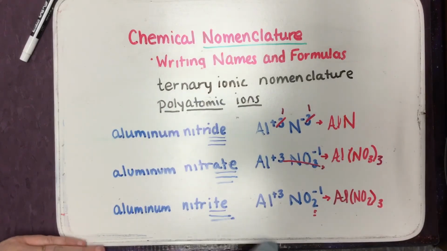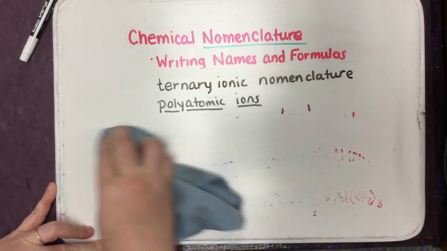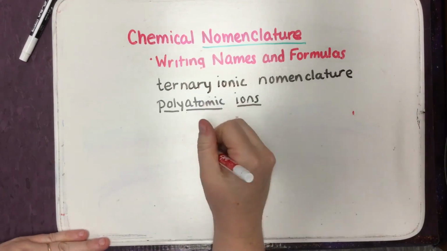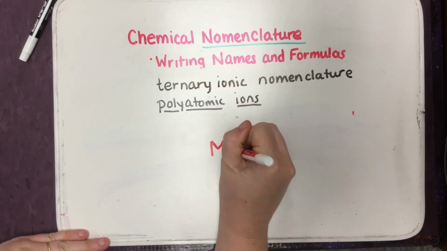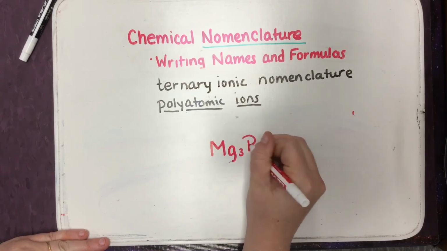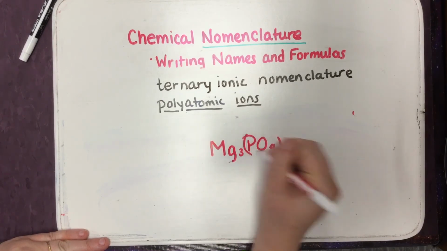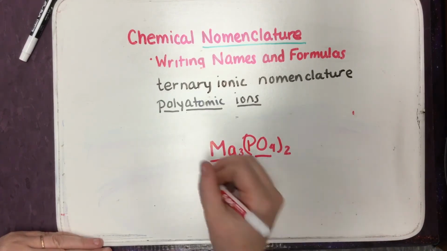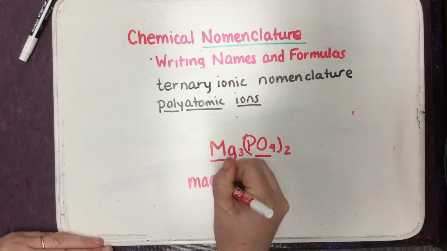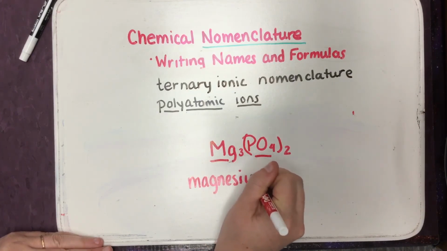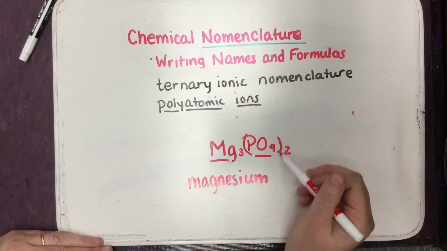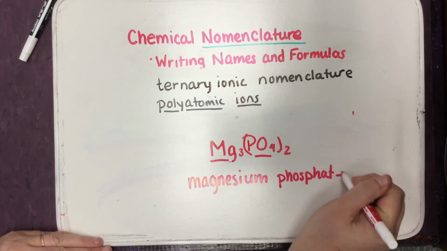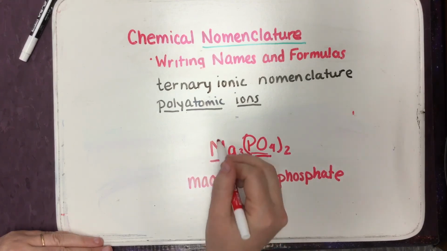If we're using polyatomic ions and going backwards, so something like Mg3(PO4)2, if we need the name of this, we really follow the same rules as before. We name the cation or the metal first, so that would be magnesium, and then we name the anion, so that's phosphate. The difference being that because this is a polyatomic ion, which we know because there's a total of